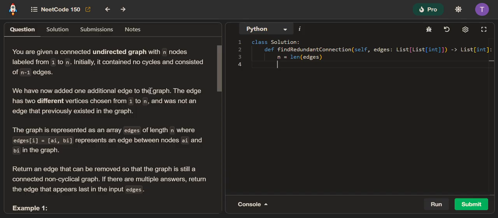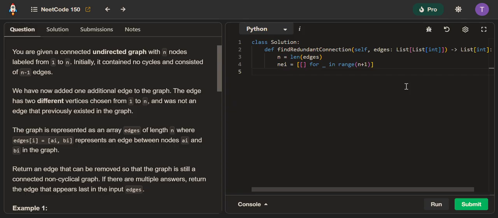So I will create my neighbor hash map, and I will create a list basically for from 1 to n. So this is going to be done by saying in the range of n plus 1, so that the index 0 is not going to be used inside this neighbor list of lists,